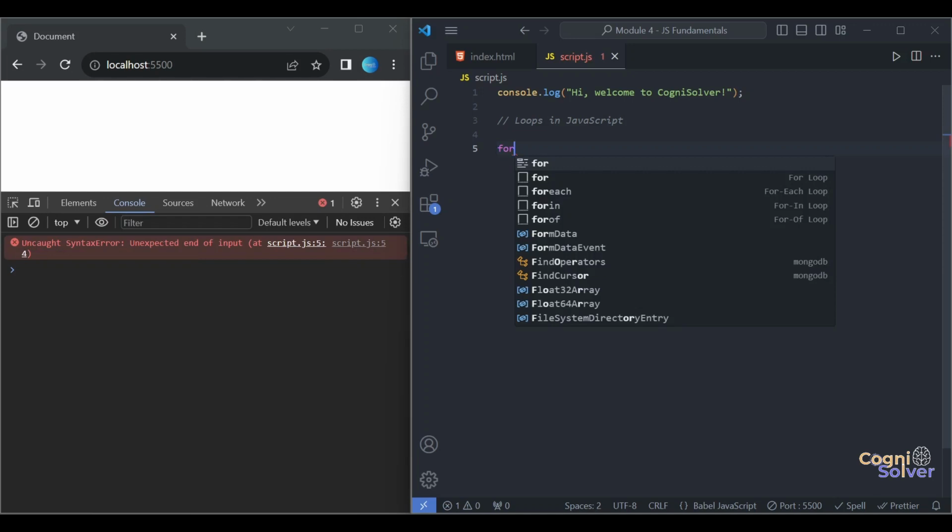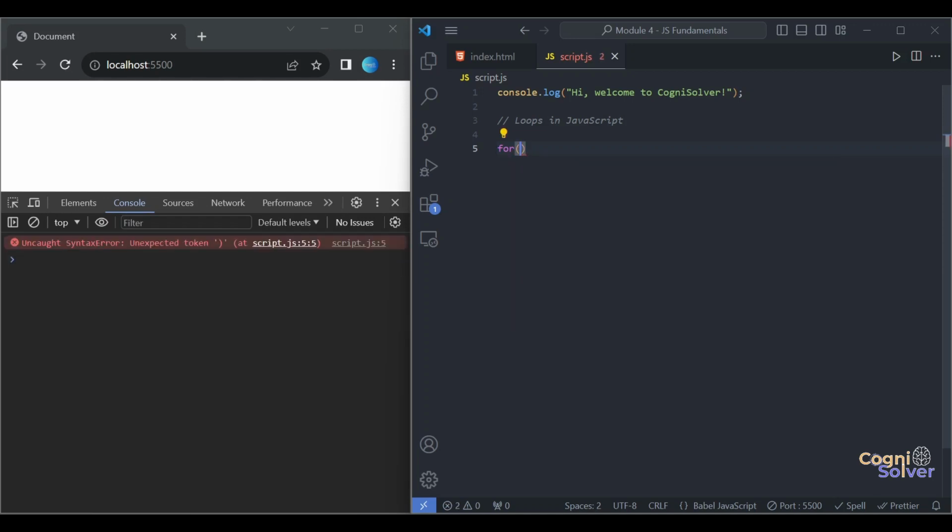You will write for, you will open up parenthesis, you will write the first part, that is initialization. So you'll have to initialize an iterator variable. So I'll say let i equal to 0. Perfect. Then the second part comes as condition, like till when, like from when the control will get out of this